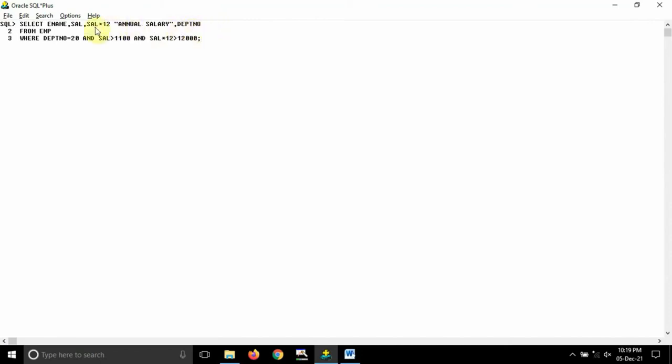I don't want to display salary into 12, which is basically annual salary. So with the help of alias statements, if I write in double quotes, then instead of salary into 12, it will be displaying annual salary. Got it? So after that department number, from EMP table I have to select, and where department number is equal to 20 and salary should be greater than 1100 and annual salary should be greater than 12,000. So if I hit enter, you can see, guys, Jones, Scott and Ford are the employees who are satisfying all